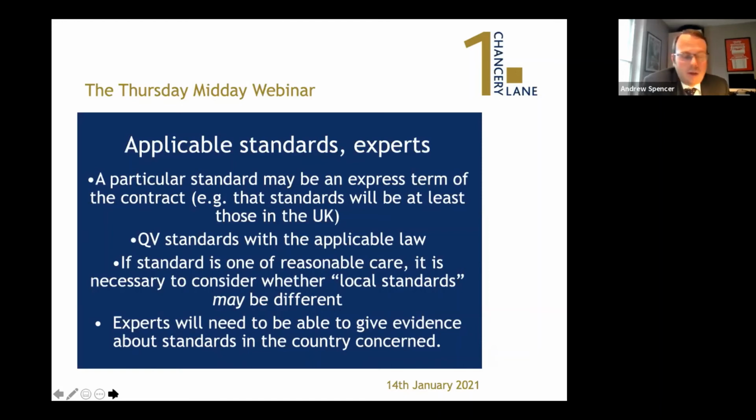So that's obviously extremely helpful to a claimant in response to any argument from the defendant to say that the standard of reasonable care that was expected of this particular procedure was less in the country where it took place than it would have been had it happened here. As well as cross-referencing with the contract, it's important to cross-reference with the applicable law. And this is because the way that the applicable law treats the standard may be quite different to how that would happen under English law.